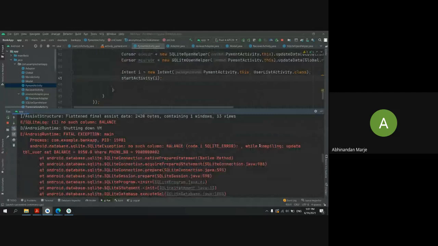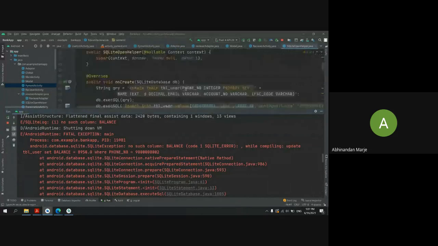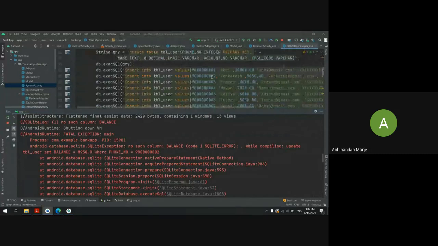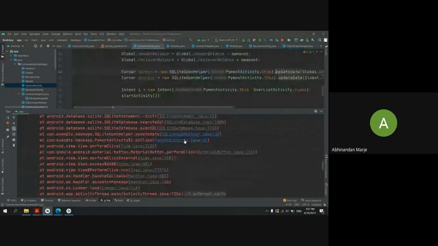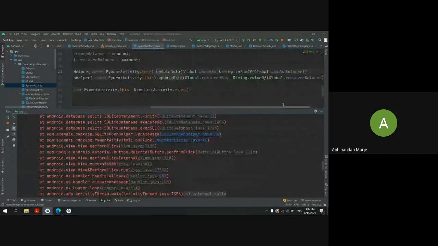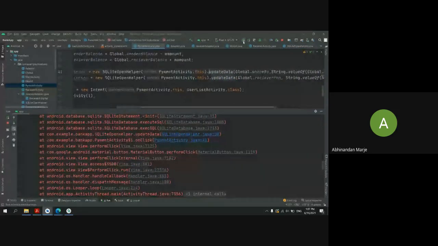Compile, update the relevant set. Run it again. Okay, whatever.